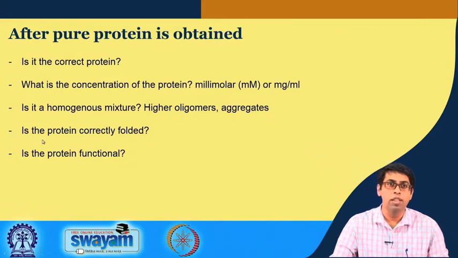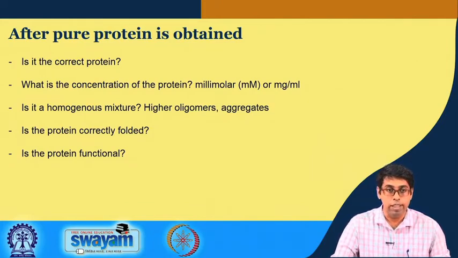Another aspect of protein purification and subsequent characterization is to determine whether the protein that we have at the end of this long purification protocol is correctly folded or not. Because we are going through multiple steps of purification, it may so happen that all these mechanical agitations can unfold some molecules. So, what you might end up with is a mixture of correctly folded and unfolded proteins, and remember that unfolded proteins will also be soluble, they do not always tend to precipitate.